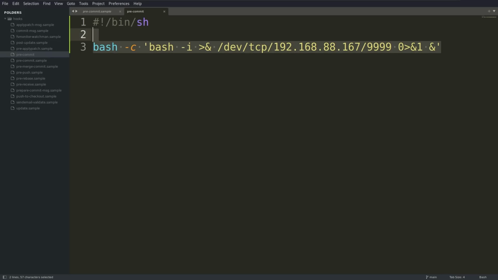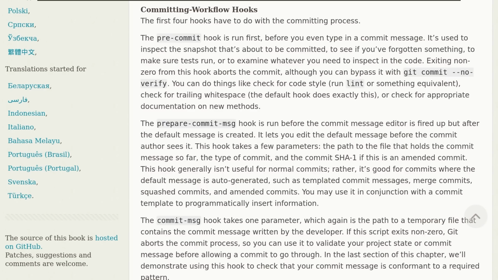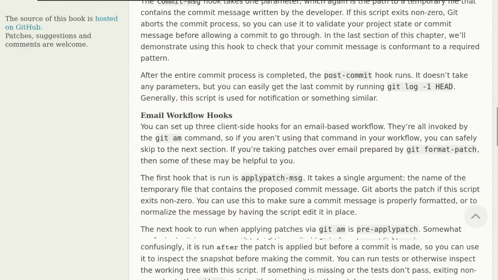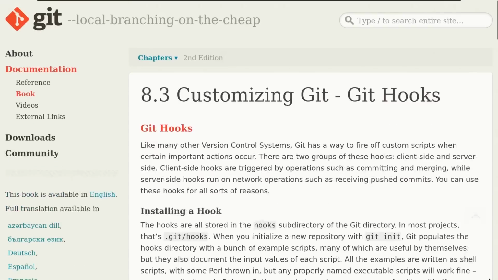Now, of course, we have not done any obfuscation or tried to mask or hide this whatsoever. You can get creative if there is anything you'd like to do to try and decorate or hide this syntax, and you do have this leftover artifact on the file system with the pre-commit file and hook script itself. These are all things you should know for OPSEC, but I think it's still a worthwhile trick in your toolbox. And there's nothing stopping you from experimenting with other Git hooks, or other opportunities to do some interesting persistence mechanisms